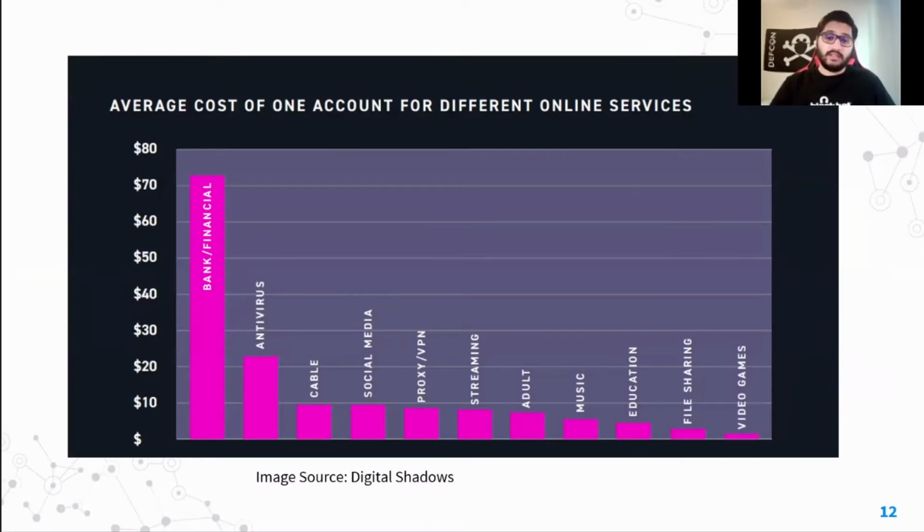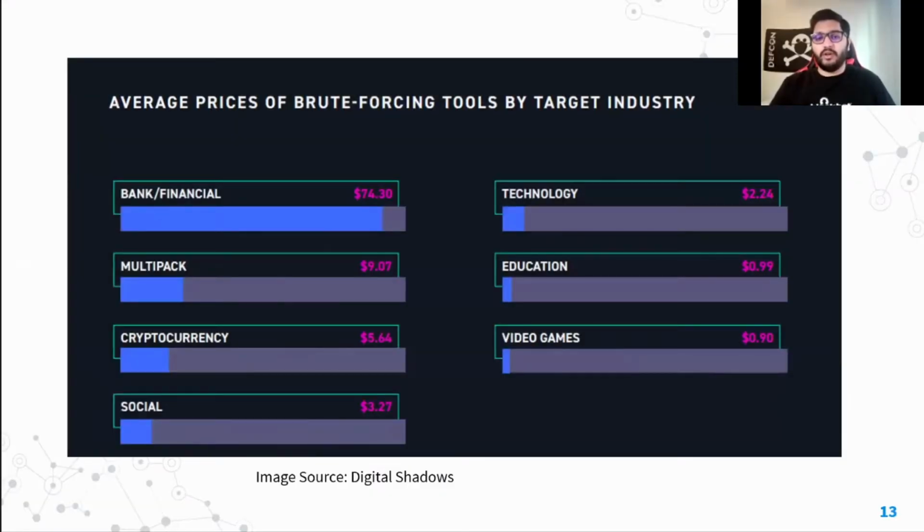This is just one example of the average cost of one account for different services, with banks obviously ranking higher. And this is another example of brute forcing tools being sold on the dark web.